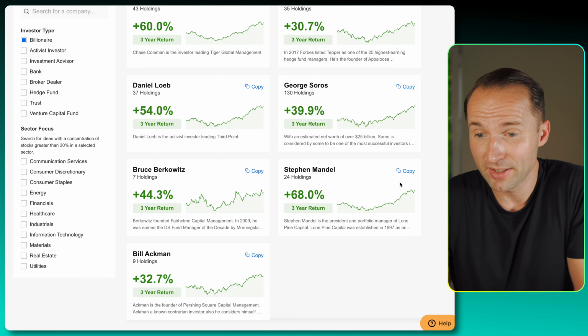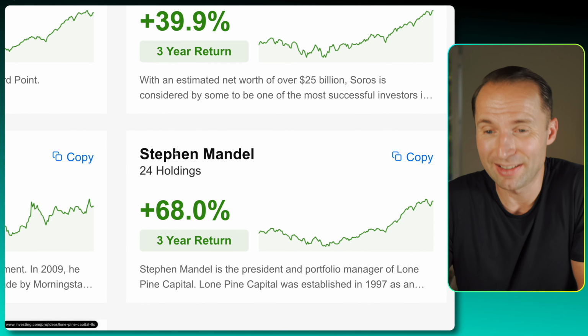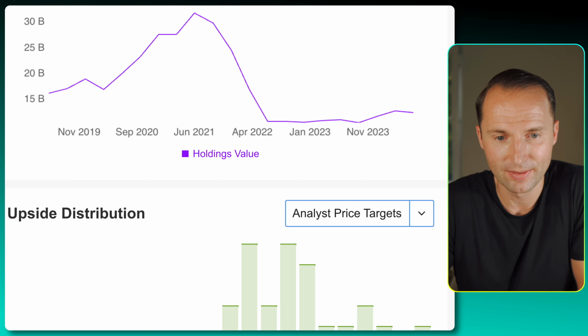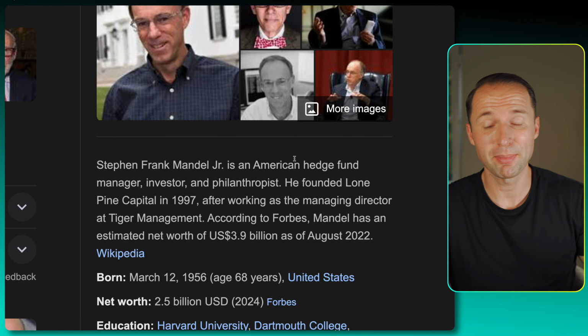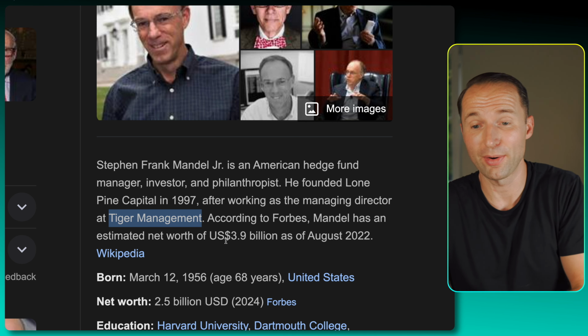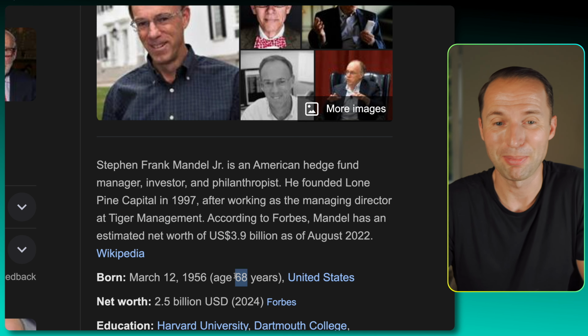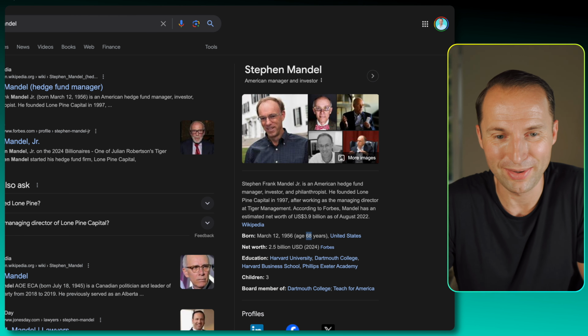With this, let's move to another billionaire who actually had the highest return with 68% over a 3-year period. And that is Stephen Mandel with 24 holdings. That's the gentleman over here. He's a hedge fund manager and managing director at Tiger Investments and is worth around $4 billion. So not too shabby, slightly younger at 68 years old, but obviously still knows his way around, and the numbers